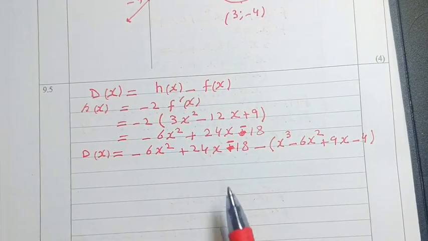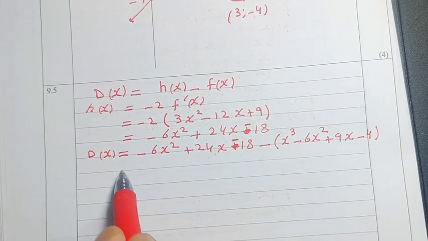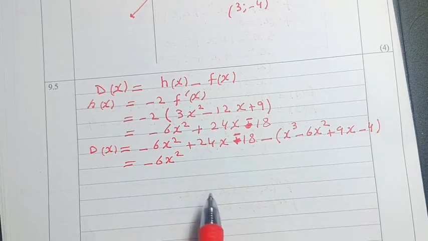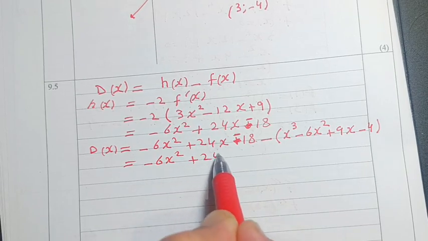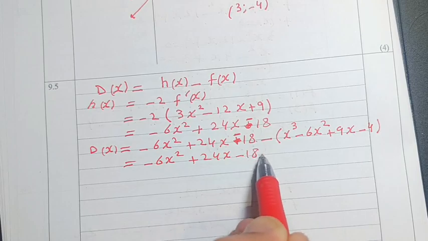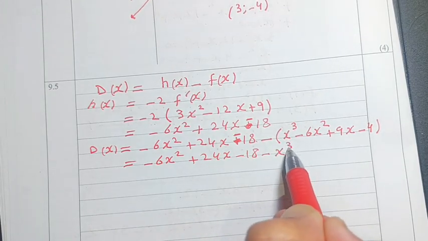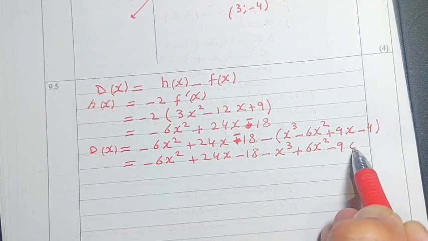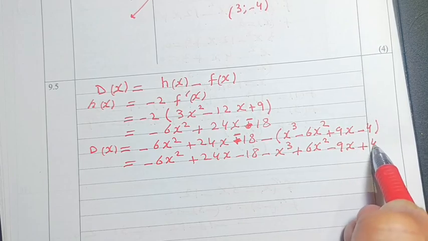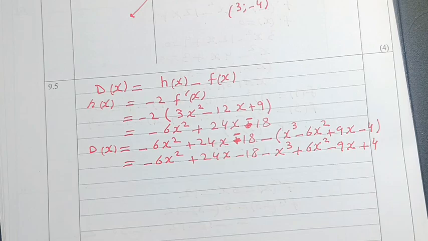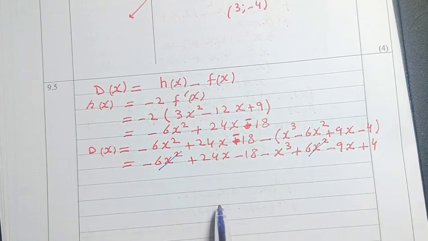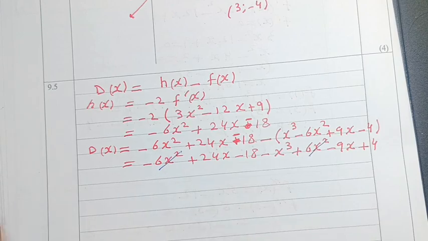So minus 4. This minus must multiply inside now. -6x squared plus 24x minus 18 minus x cube, minus minus becomes positive 6x squared minus 9x and positive 4. Now I can cancel some of the stuff. Negative and positive is gone. And what else? Nothing else. So we have now